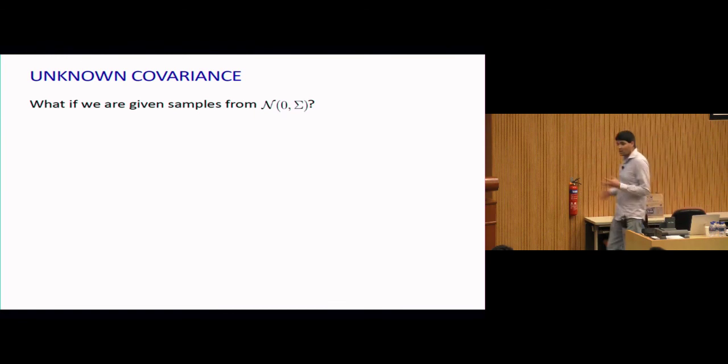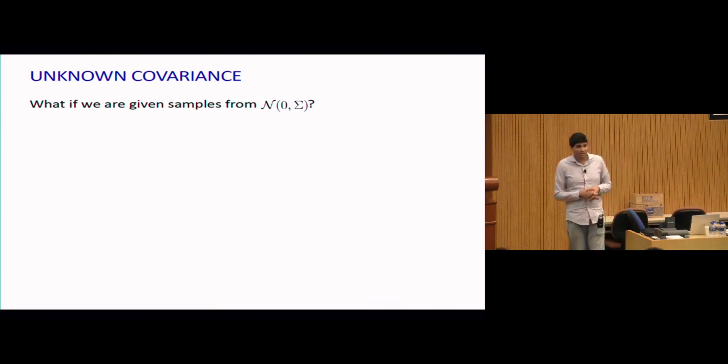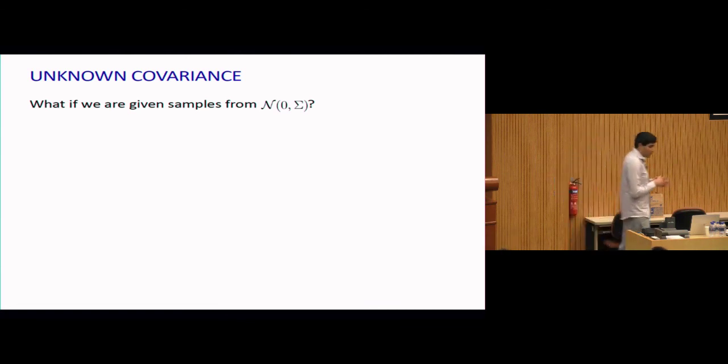And now let me give you a little bit of a sketch about how to detect when the empirical covariance has been corrupted, because this is where some of the fancier math comes in. I promise you it's only 2 slides and then we'll get to experiments, but indulge me. So what if we are actually given samples from a Gaussian with mean 0 and covariance sigma?